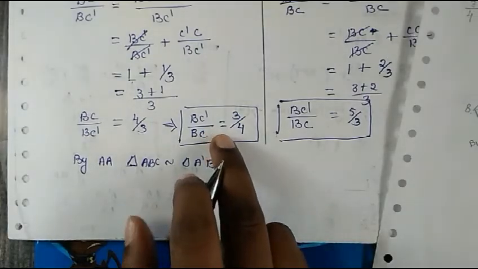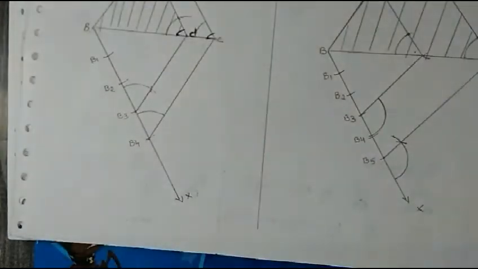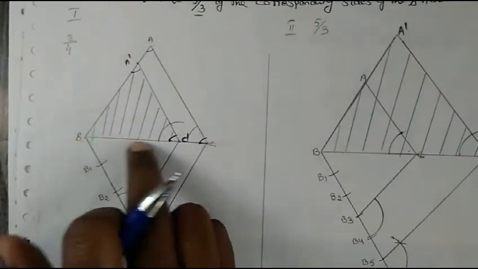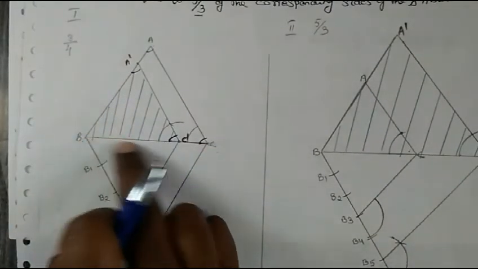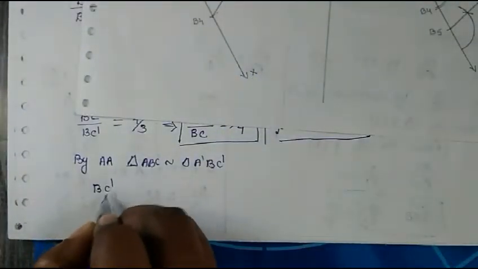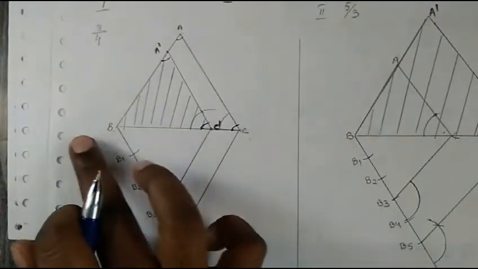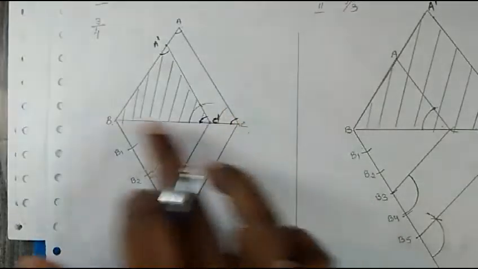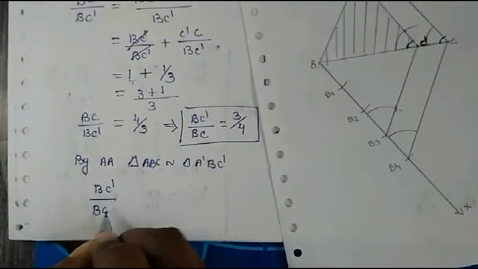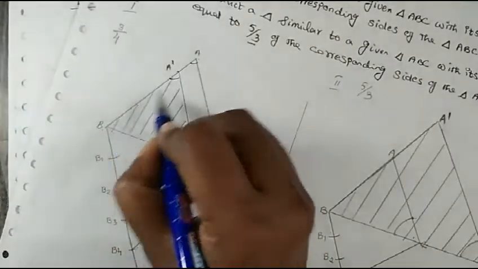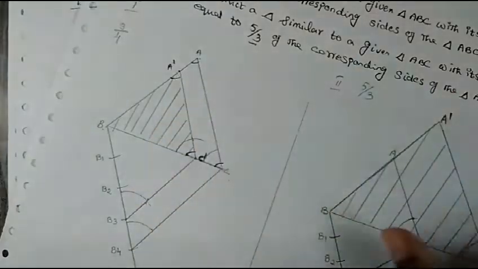So you can write down now all three sides. How will you write them? I told you what we have constructed is the smaller triangle. So first you have to write that side of the smaller triangle, BC dash. So BC dash upon the same side of the bigger triangle, that is BC. BC will be equal to, now the other side of the small triangle first, BA dash.